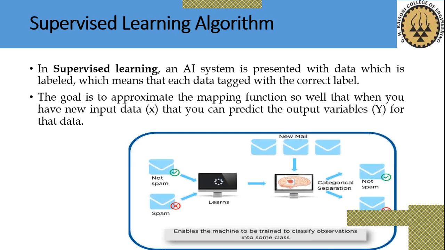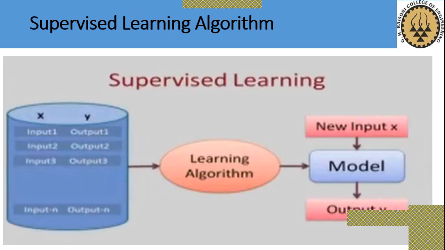So keep in mind that in supervised machine learning, your data must have a labeled database, and each data item has a tag with a correct label. This is a requirement for a supervised machine learning algorithm. Then, another example of supervised learning. Here we are providing the two parameters x and y, where x is the input and y is the expected output. We are providing the label to the x and y parameters.